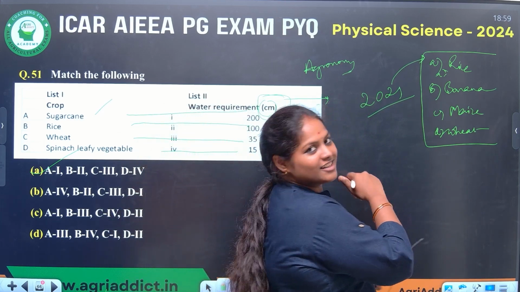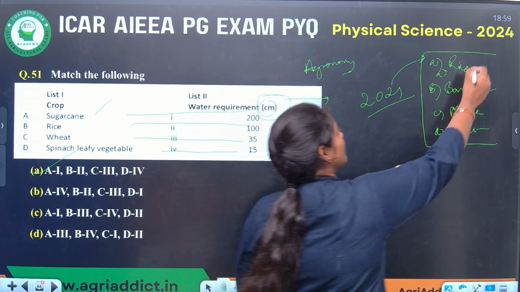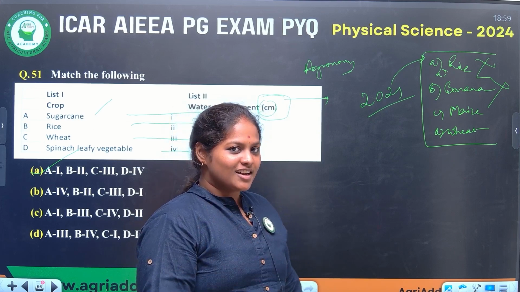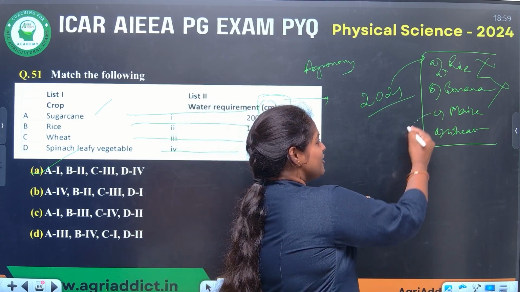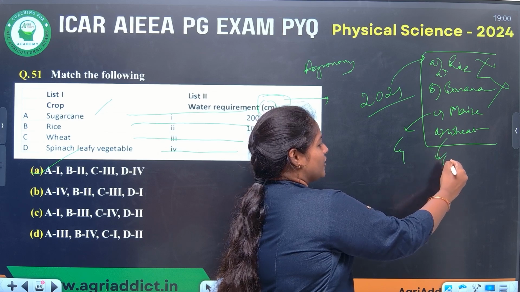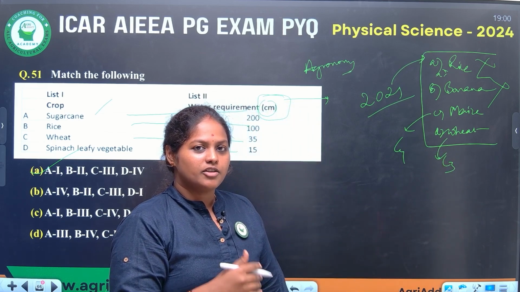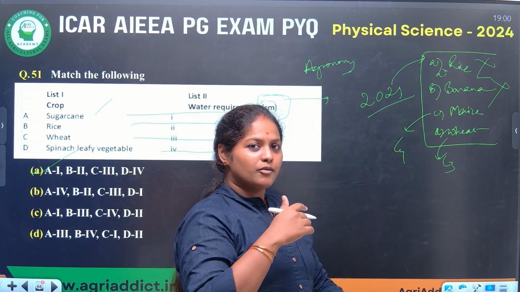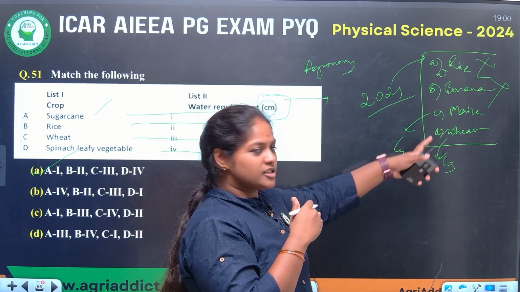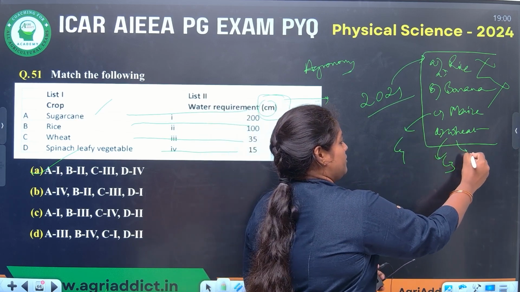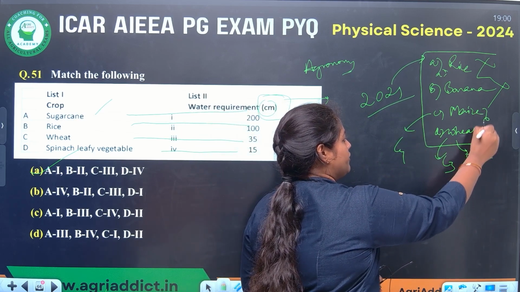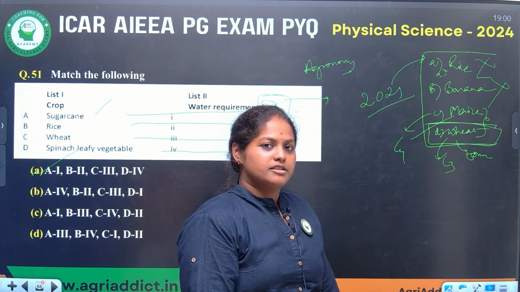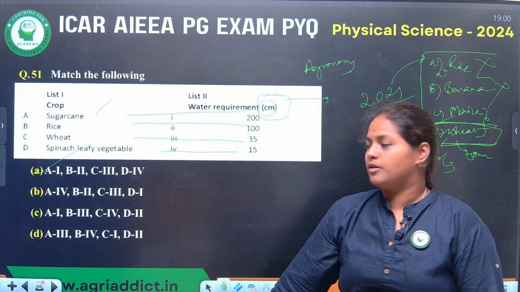So the answer here is, rice and banana are obviously no. If we are applying more common sense here, maize is a C4 crop and wheat is a C3 crop. Still the water requirement is almost similar, such that the difference is just 50 mm, right? Just 50 mm difference is there between maize and wheat, and the wheat is having lesser water requirement than maize. This is another question from another PYQ.